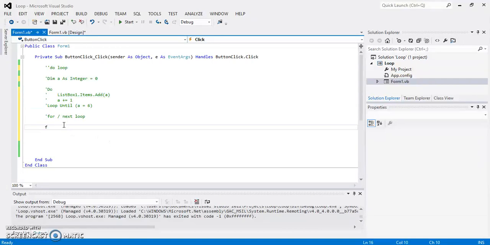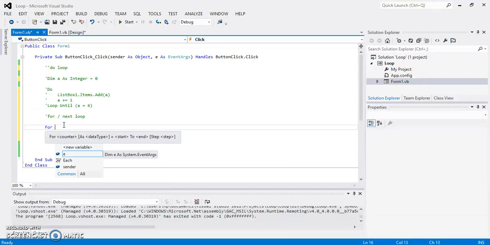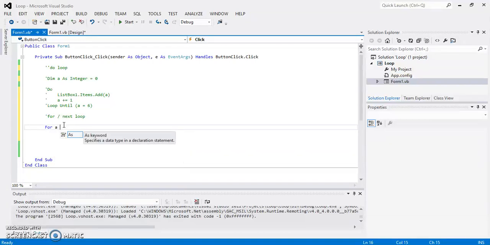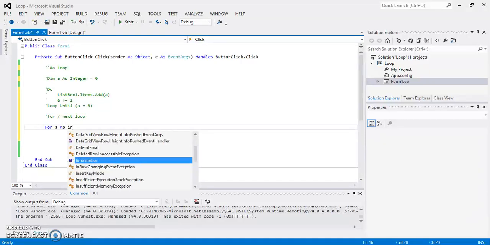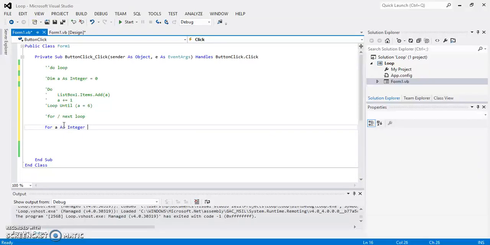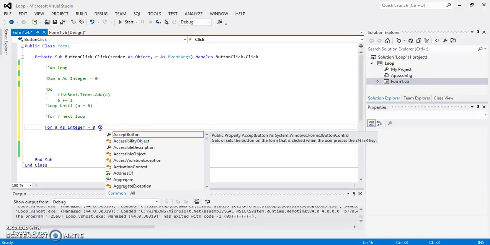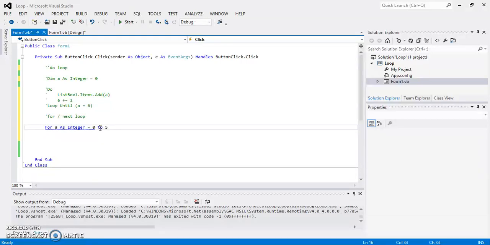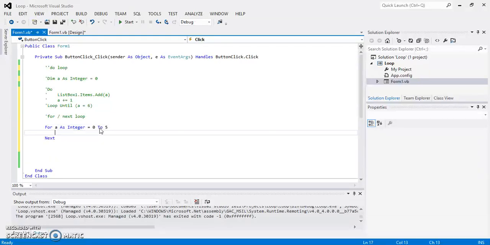Now for, let's say a as integer equal to 0. In the for next loop, you declare the start and the end of the loop in the first line. So 0 until 5. Let's say 5. And then you have to show where you're going to